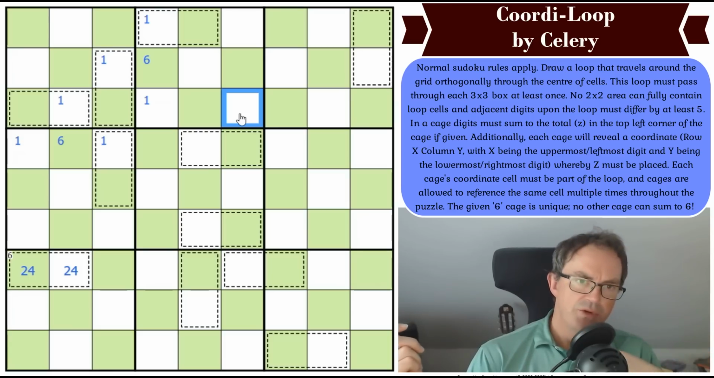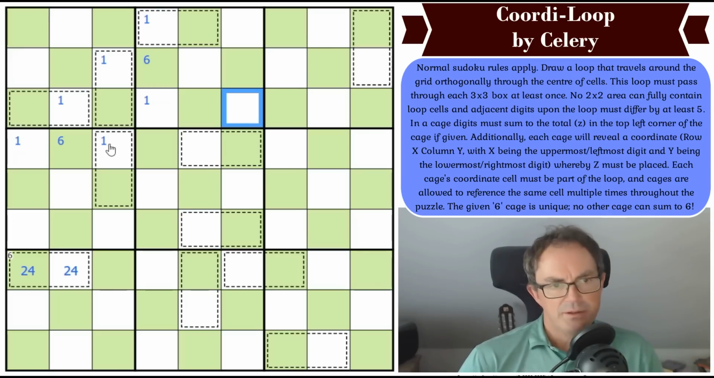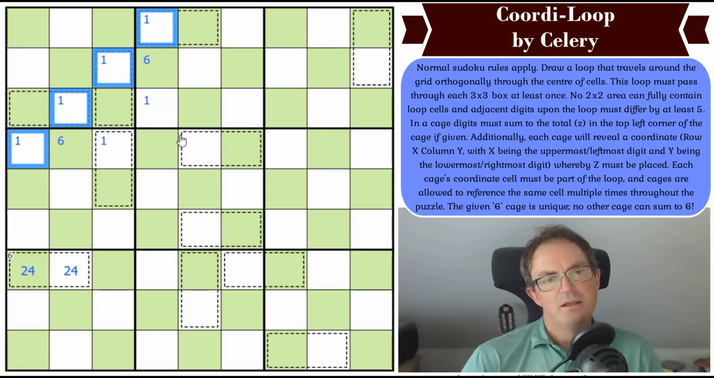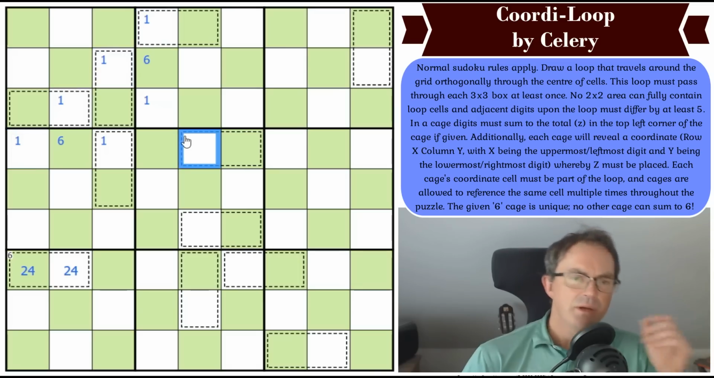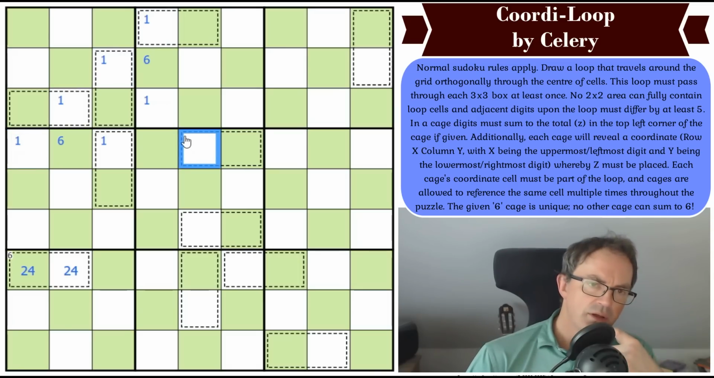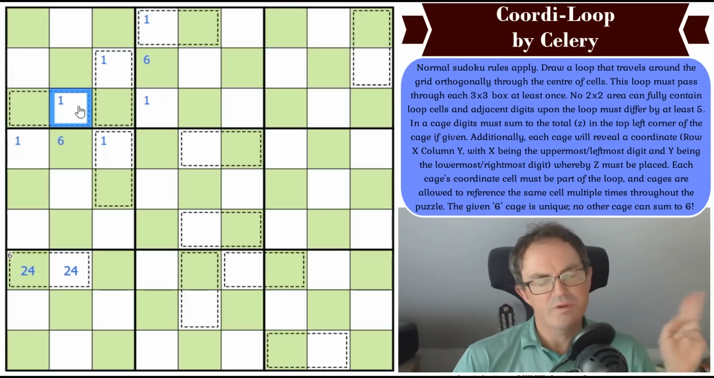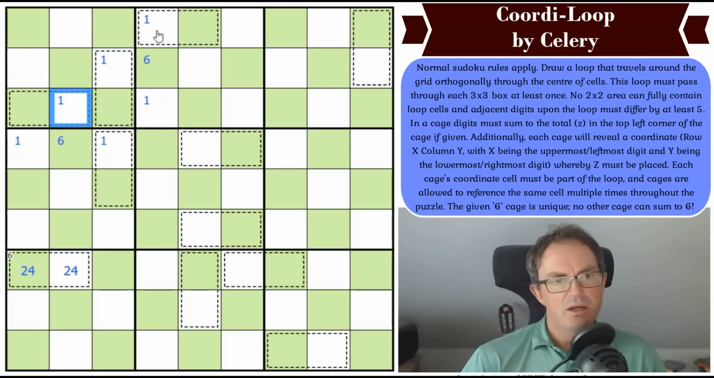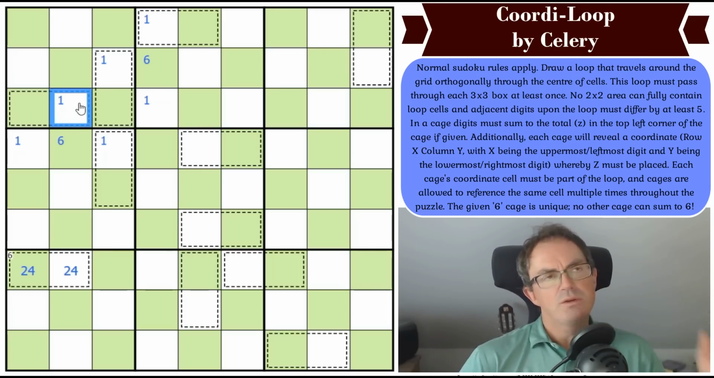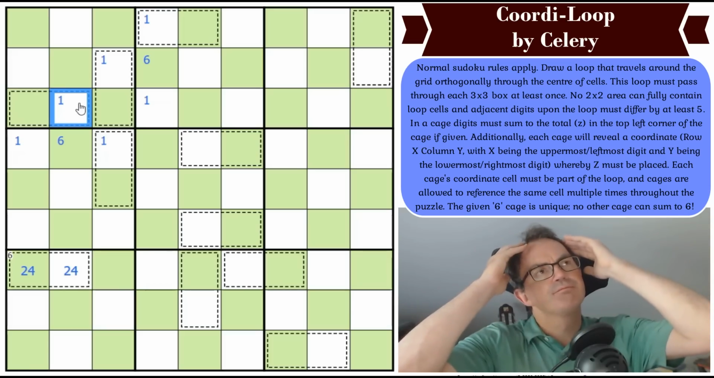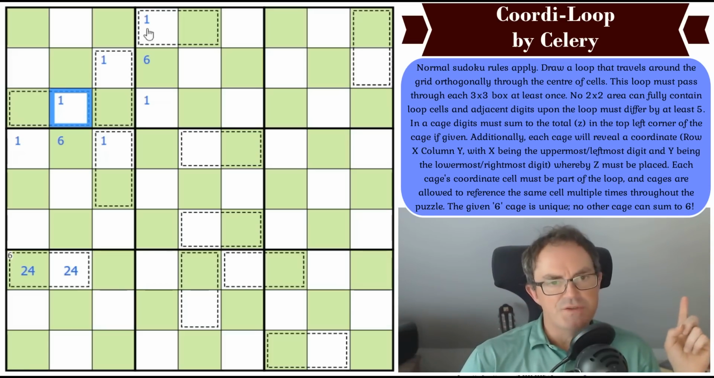Here's another strange thought. This diagonal here... Oh no, hang on. No, that's fine. That can still be on the loop, providing it's not coordinated. You can't... None of the cages can point at this diagonal,